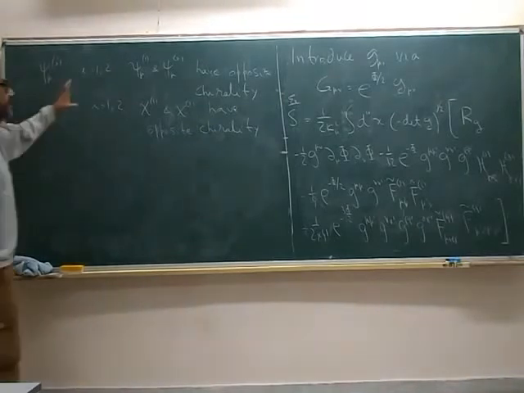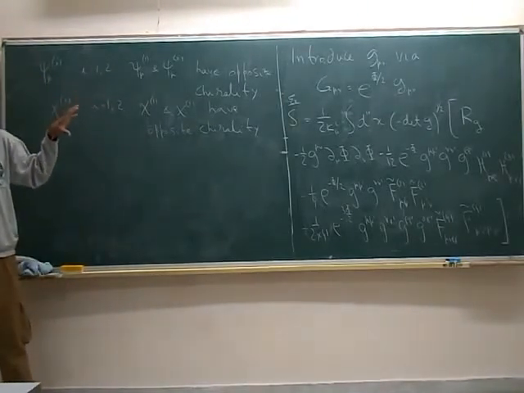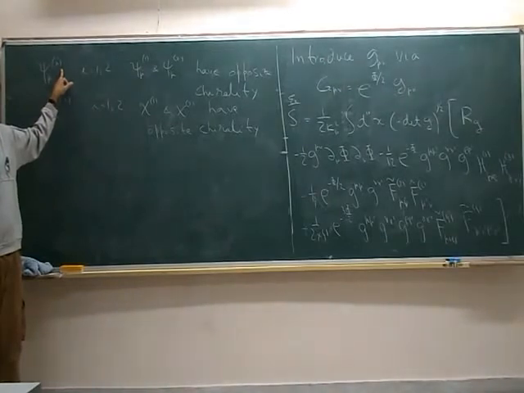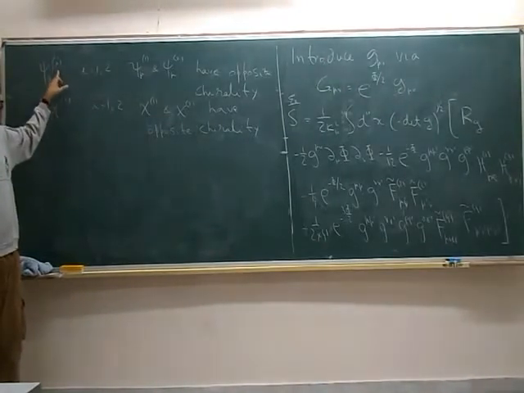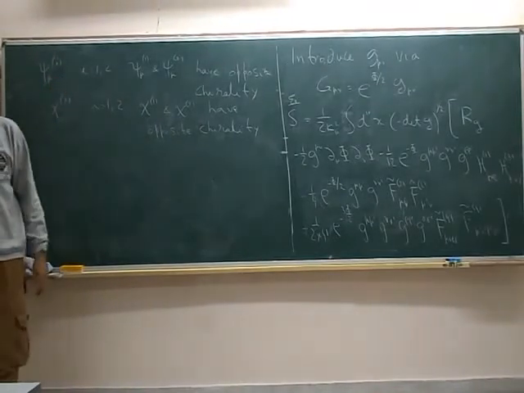So this is what is normally called N equal to 2 supersymmetry in 10 dimensions, because it has two gravitinos. So there are two distinct supersymmetric transformation parameters, epsilon 1 and epsilon 2. One transforms the first gravitino, the second one transforms the second gravitino. So N equal to 2 supersymmetry.